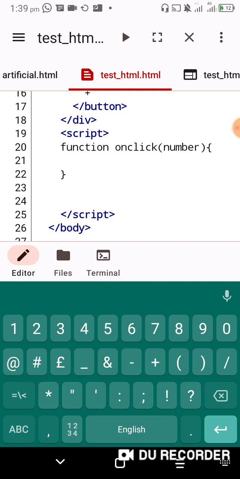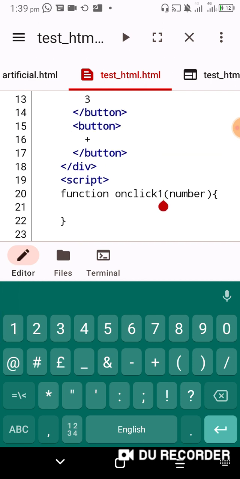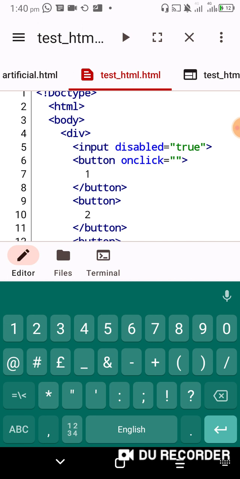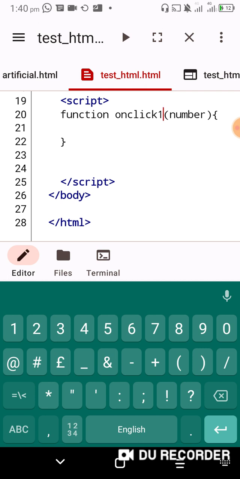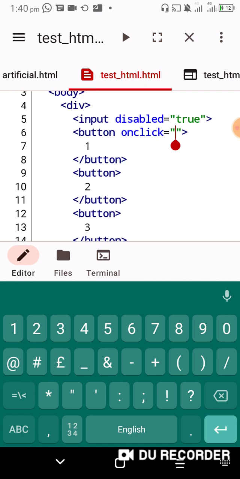So let's change this name to be onclick one, because you need to be careful in JavaScript. You must make sure that the name you give your function is not the name of any property in JS. If you write function, function is not going to work. Or if you write function let, it's not going to work. Or function val, it's not going to work. If you name functions with the name of any property in JS, it's absolutely not going to work. So that's why we have to put one in front of it, so that we have no error at the end of the script here. So let's now put in this. Okay, now let's call this